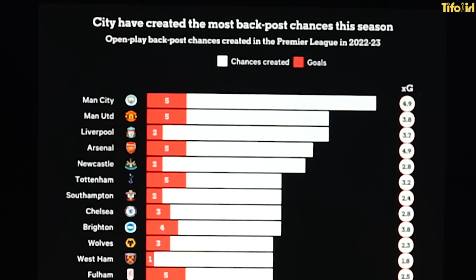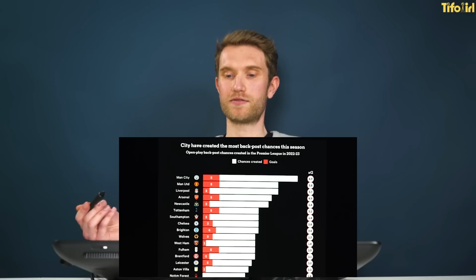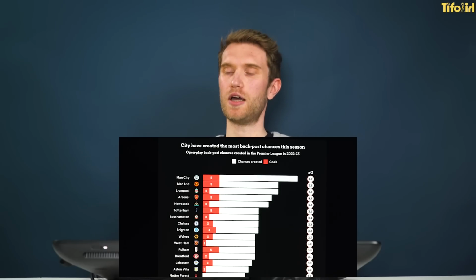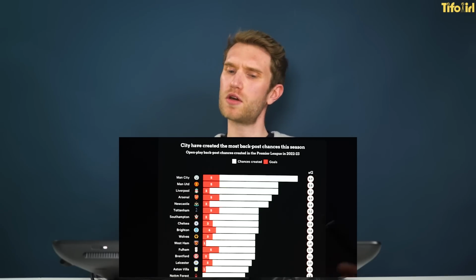Okay, so why then is this relevant particularly to Erling Haaland? Is he scoring a lot of these goals, or is there some sort of reason, like perhaps Man City are creating lots of these chances? Yeah, well, as you can see by the graphic, City have created the most back post chances this season. They also have one, I think Arsenal ever so slightly higher, but Manchester City create some of the most chances in the league anyway, so it's not too surprising. Well, this is it. Is it because it's a high value chance, so they're focusing on it, or is it because they're creating loads of chances?